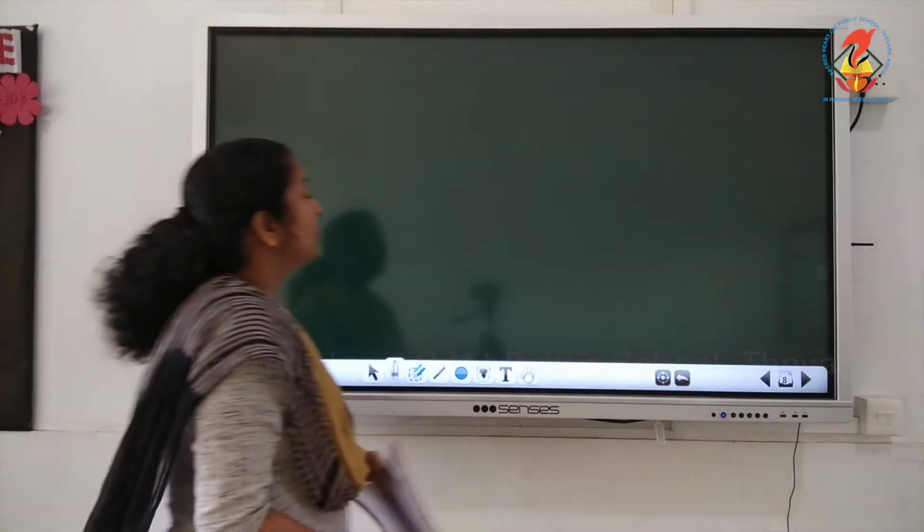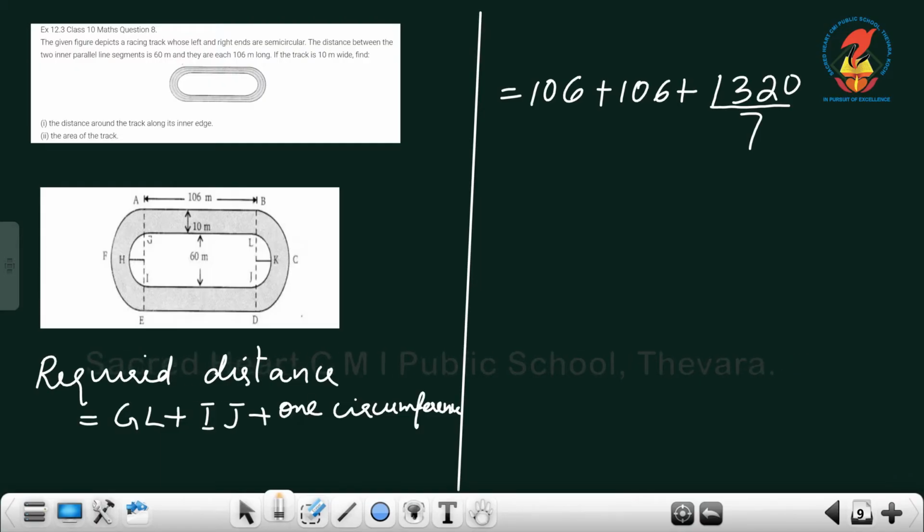Next is 8th question. A racing track whose left and right ends are semicircular. The distance between two inner parallel line segments is 40 meter and they are each 106 long. If the track is 10 meter wide, find the distance around the track along its inner edge and